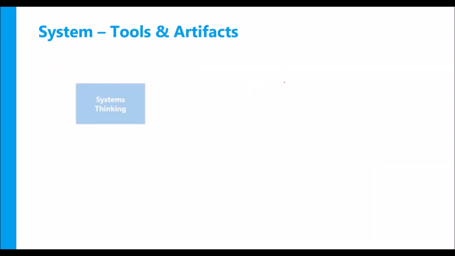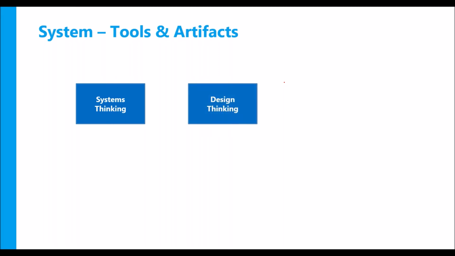But what are the tools and artifacts, right? So one tool you can use is systems thinking, right? Systems thinking is a top-down approach where the team focuses on the project as a system, and then for any changes you make to the system, they understand the impact to subcomponents or subsystems. It is one approach towards a project. The second approach is design thinking, right? Design thinking is mostly used for innovative ideas. It's a bottom-up approach where all the team members collaborate and identify areas of improvement or efficiency within the project, and they do a bottom-up scanning of the project.